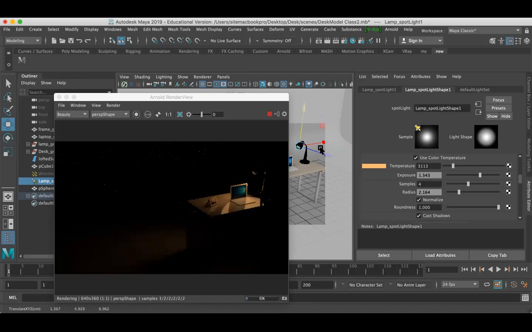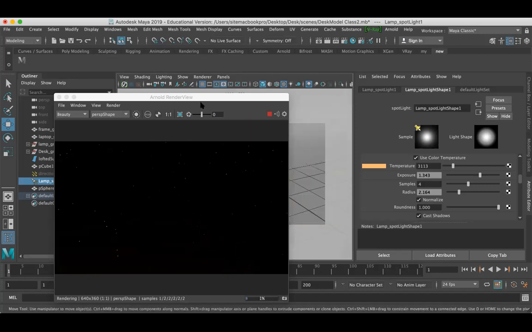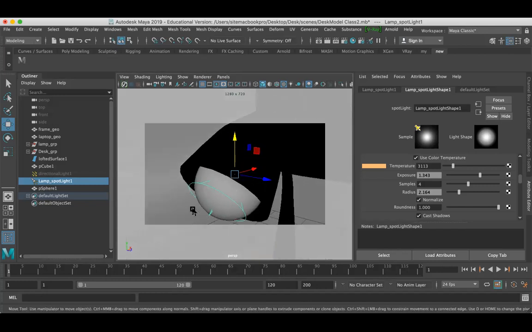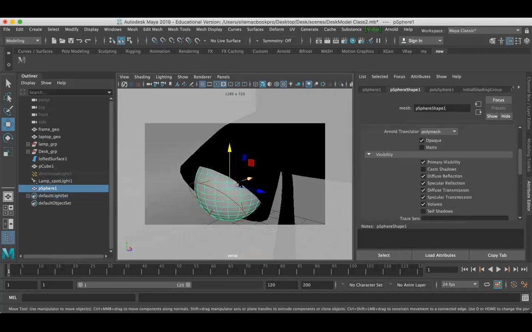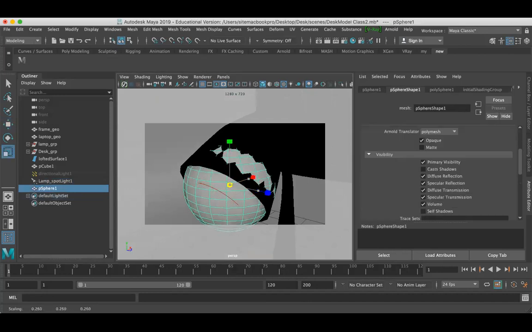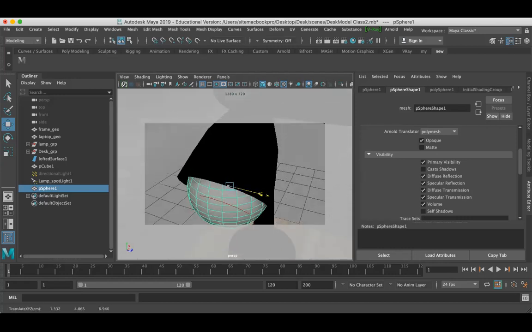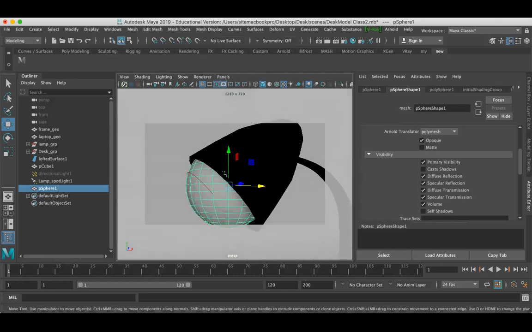Previously, guys, we got light over here, you remember? Look here, previously we were getting it on the top of this head. So what I did is I moved this light a little bit outside. Yeah, this is fine.